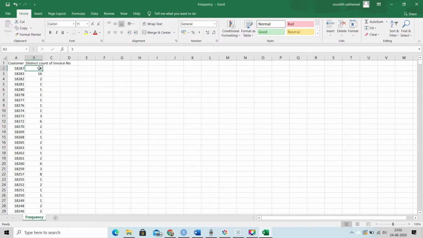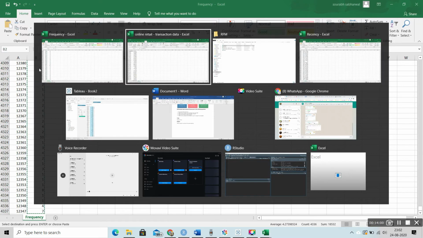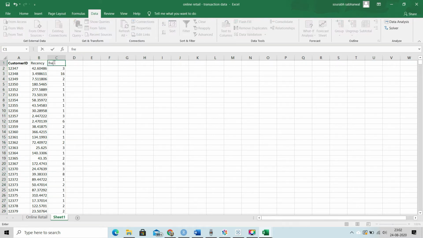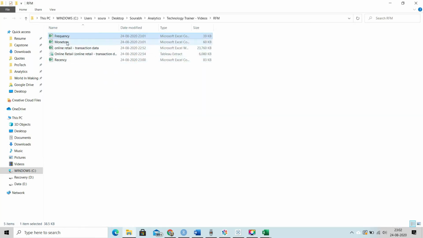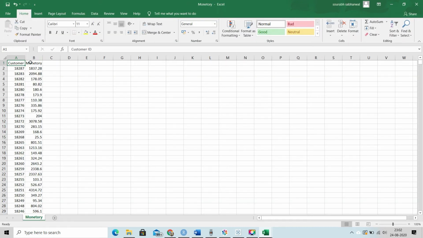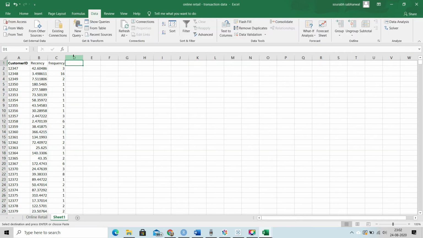Copy all the values of frequency as this is already sorted. Paste against customer IDs. Name this frequency. And let's do the same thing for monetary also. Open the monetary file. Let's select the monetary column. Copy this and paste here.